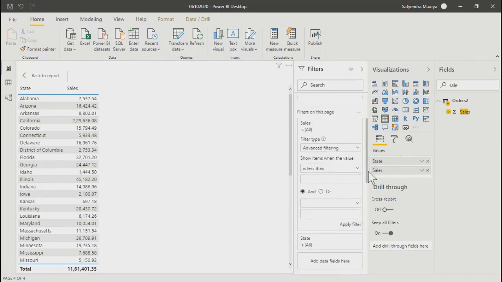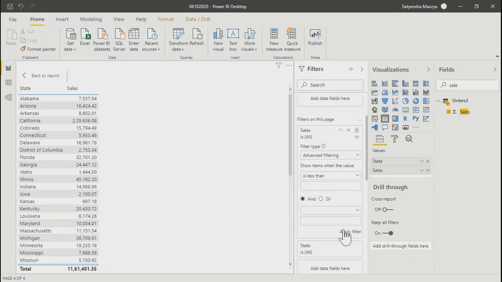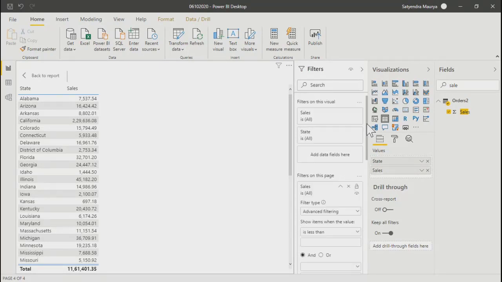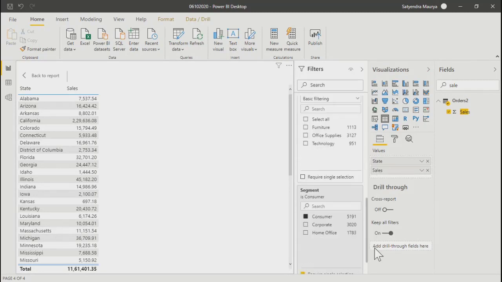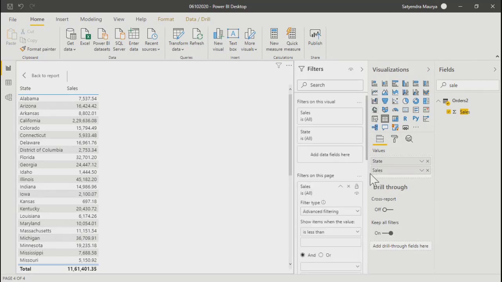Now whenever you do all these changes, you need to apply the filter so that you'll see those values, right? Now let's say there are a number of filters you added on the visuals but you don't want to show them to the user. What you can do is, you see this eye icon over here, you can simply click on it and this filter will not appear to the user.